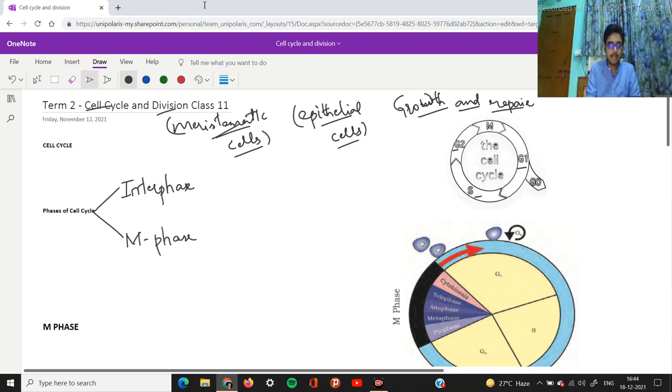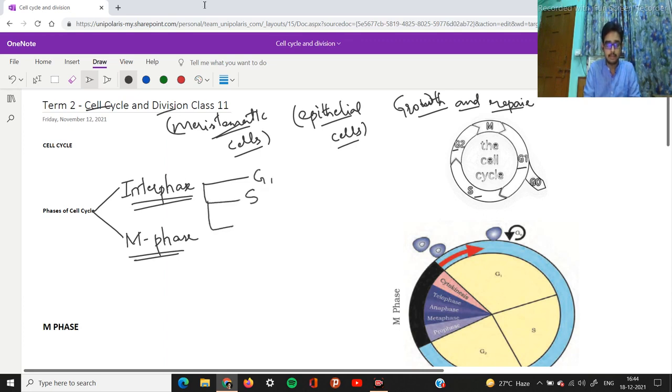M phase is the actual dividing phase, also known as mitosis, and interphase is the phase in which the cell takes time to grow and make all the components required for the cell division that takes place in the M phase. Interphase is further divided into three phases. What are those three phases? They are G1,